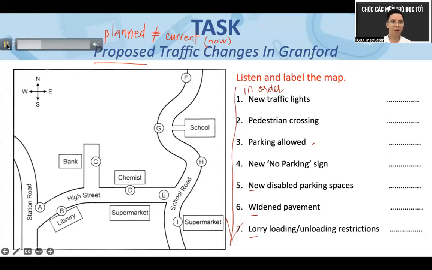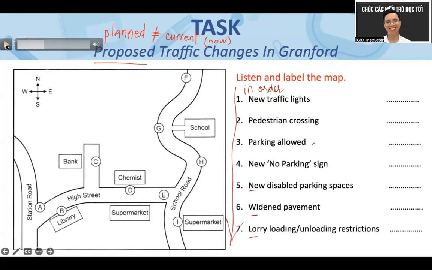But we are going to change that. Nhưng mà rồi, từ từ tôi sẽ thay đổi cái chỗ đó, tức là sẽ cho đổ chỗ đó. Nhưng mà chưa, không biết, không có nói tới not given. Nào nghe tiếp. Allow parking there, but not at the other end of the high street. The other end of the high street là không phải là câu E, not E. Near school road.